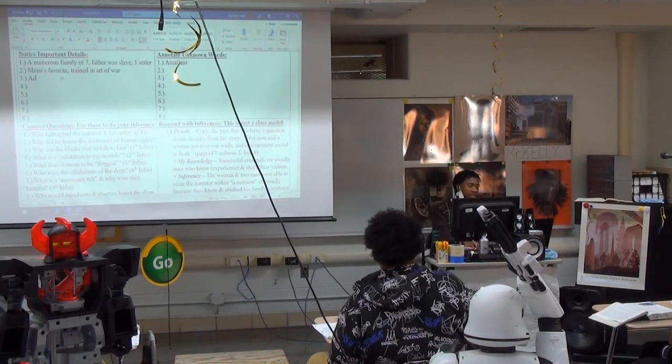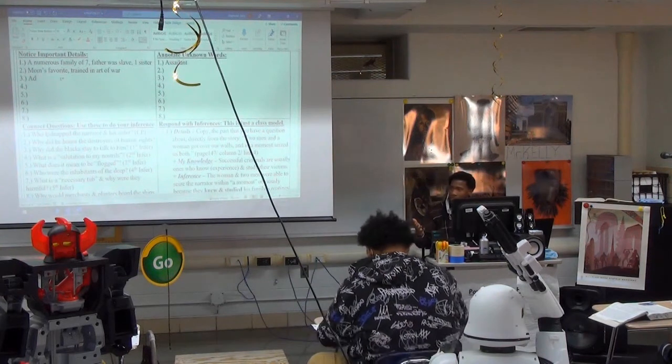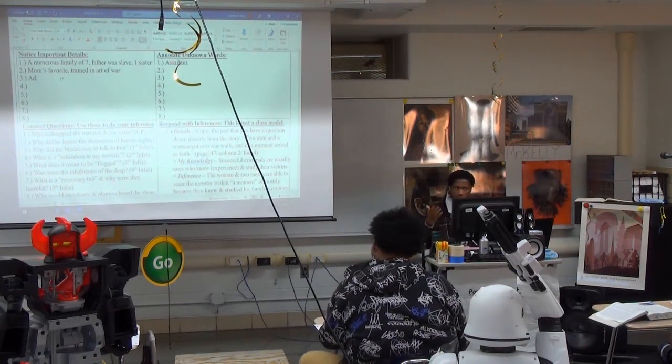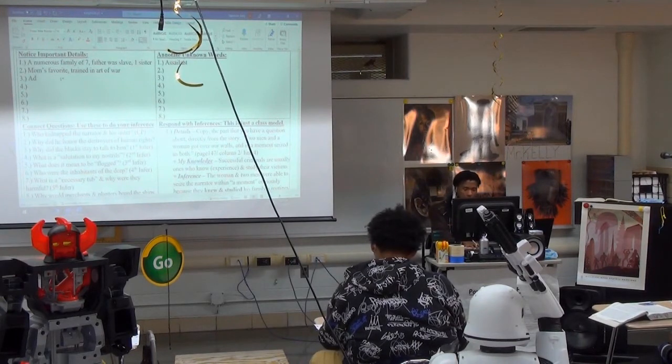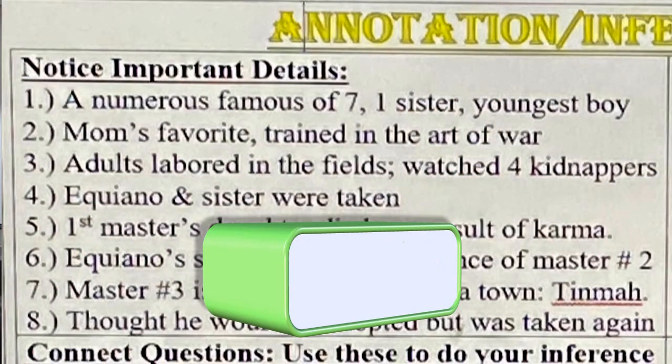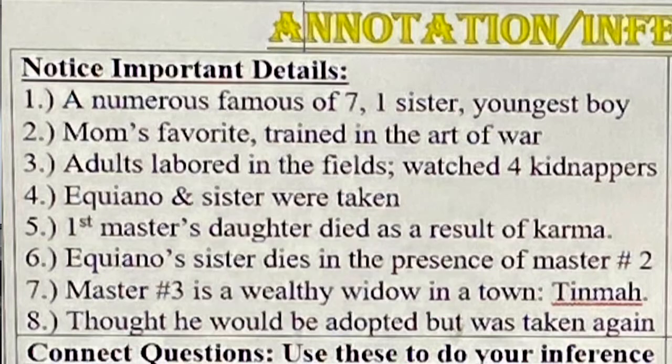All right, this is what you put under. If you wrote something next to number 3, it's okay. We're just going to add this to it. So just put this on the back or something. Jeez, calm down. We're going to put: adults labored in the fields. Kids watched